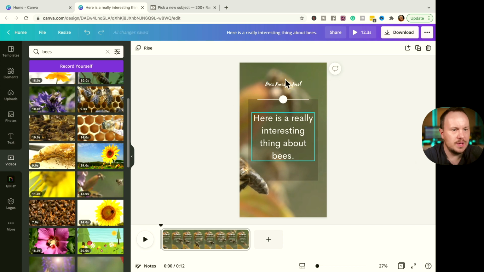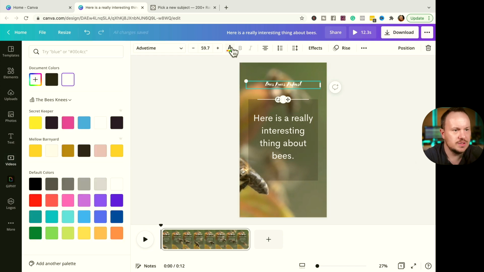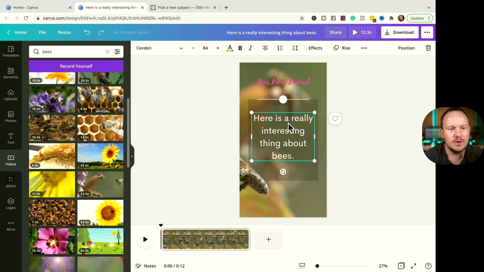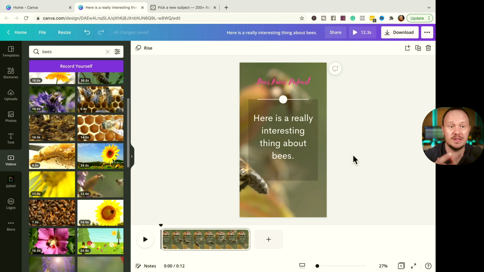And then we go here and let's see if we want to change it to one of my brand colors. Look, we have the Bees Knees right here, my brand colors that pop right up. And we use this pink color that I always use, or this blue color I always use as part of the Bees Knees. And I bring it nice and big. You can resize things. You can mess with this stuff like crazy. You can adjust any of the colors on any of these designs based off of the template that's already there.